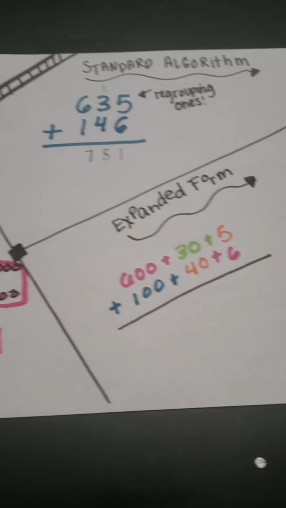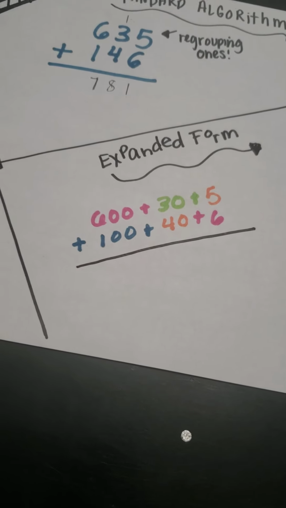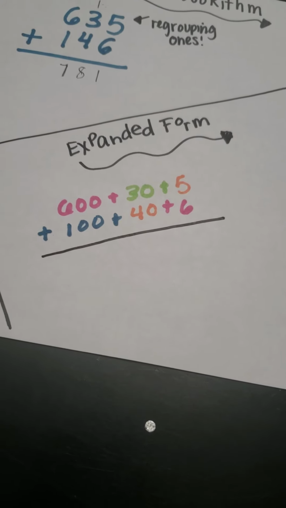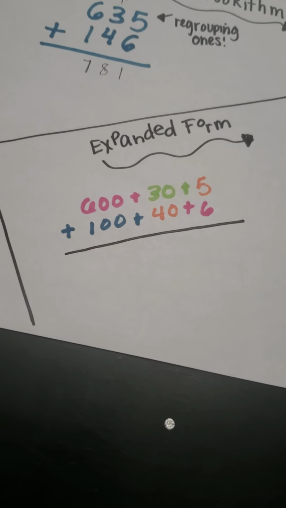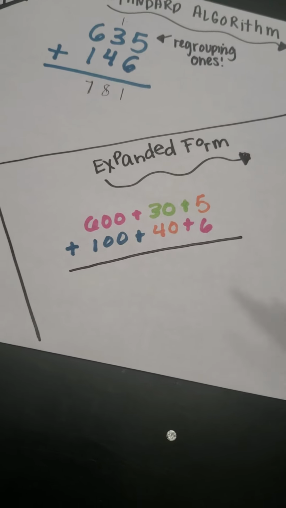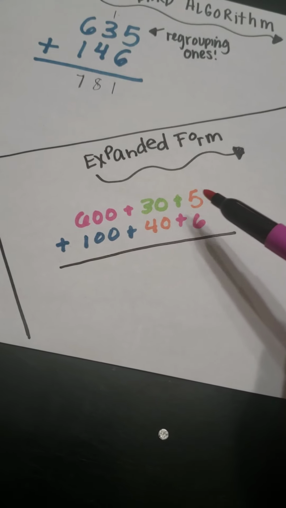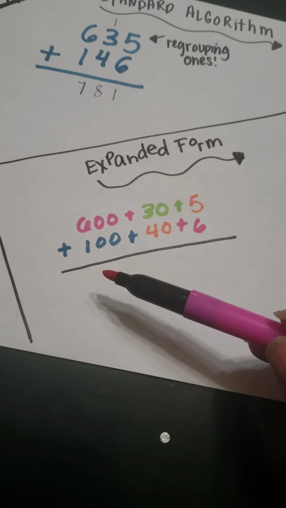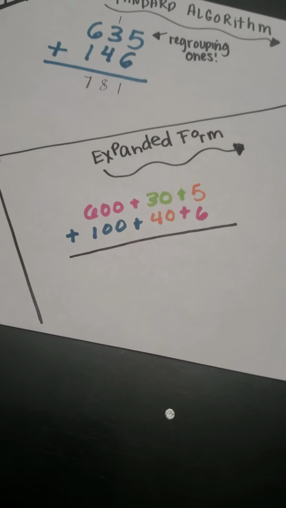The last strategy we learned on how to solve an addition problem with regrouping is by using expanded form. Yesterday, I gave you a brief tutorial on how to break numbers up into expanded form, and so if you've forgotten, feel free to refer back to yesterday's video. But if you haven't, then you know that 635 in expanded form is 600 plus 30 plus 5. Similarly, with 146, we break it into expanded form by writing 100 plus 40 plus 6, and then we simply